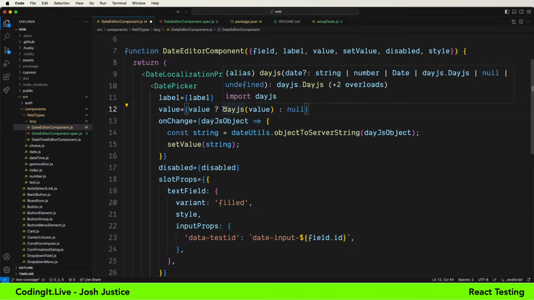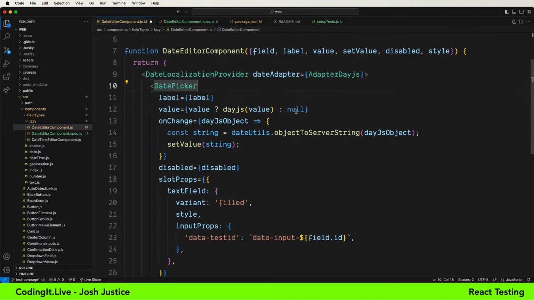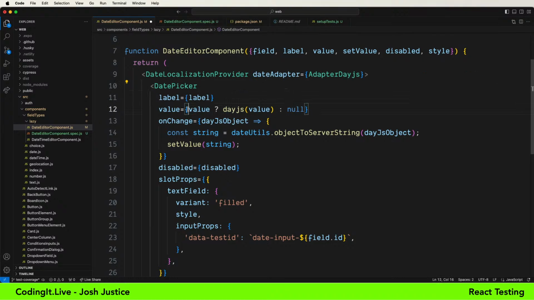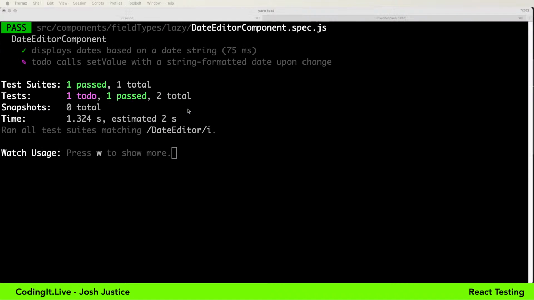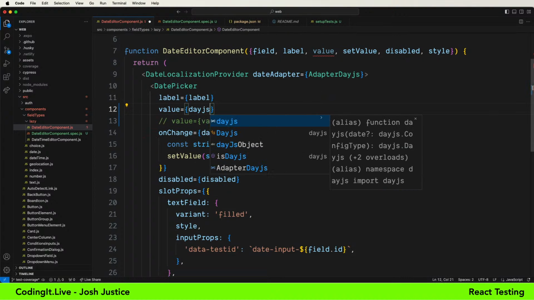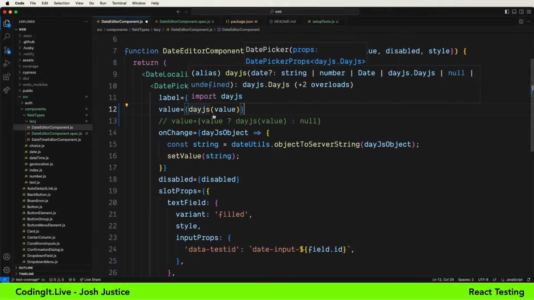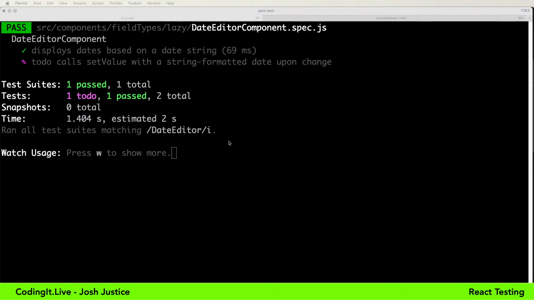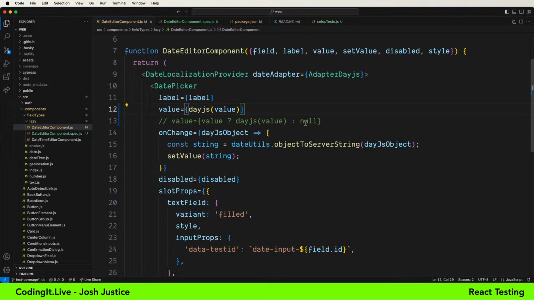So I'm going to convert it here. I do think I want to be thorough though, because this code is assuming there's a condition. It assumes that I need to pass null and not convert it to Day.js if it's blank. So I don't know if that's actually needed. So let me first of all save this again and make sure the test starts passing again. Comment out that line. Let's say value equals dayjs(value). I think this will pass the current test. Let's see. Great, it does.